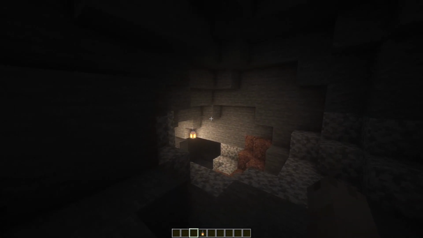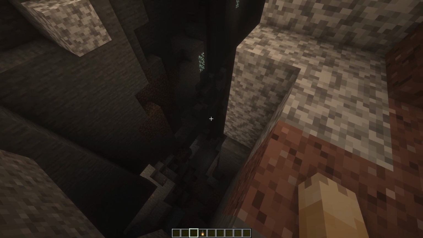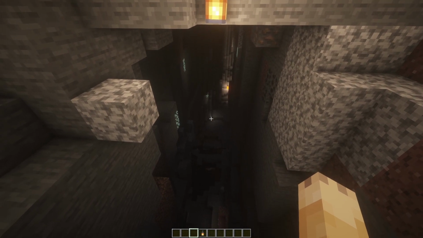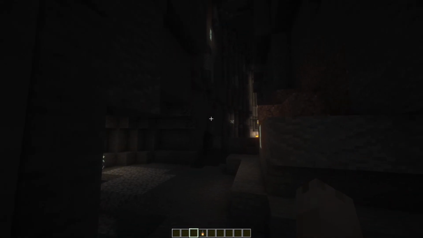And then if we take a look over here, you can see there's a lantern right there that gives us some beautiful light. And then over here, I actually didn't plan on this, but here's a ravine. And that actually pretty well demonstrates how bright this shader actually is in caves. So it's not extremely bright, but if we go all the way down here, you can see that you can